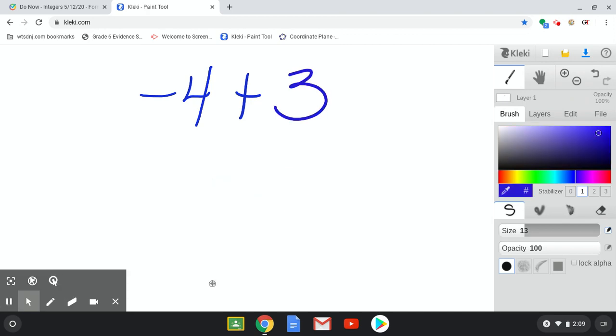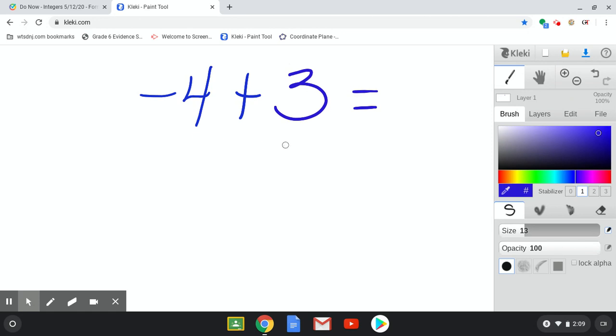Okay, so let's say I had this problem here, -4 plus 3. So I'm looking at this and I have to remember my rules. If my signs are the same, I'm adding and keeping the sign. If my signs are different, I'm subtracting and taking the sign of the bigger number. Well, I'm looking here. I have a -4 plus 3. I'm going to use this as the sign for my 3. So my signs here, they are different. It's like apples and oranges. I cannot group them together, so I have to take them apart, which means taking them apart or separating them